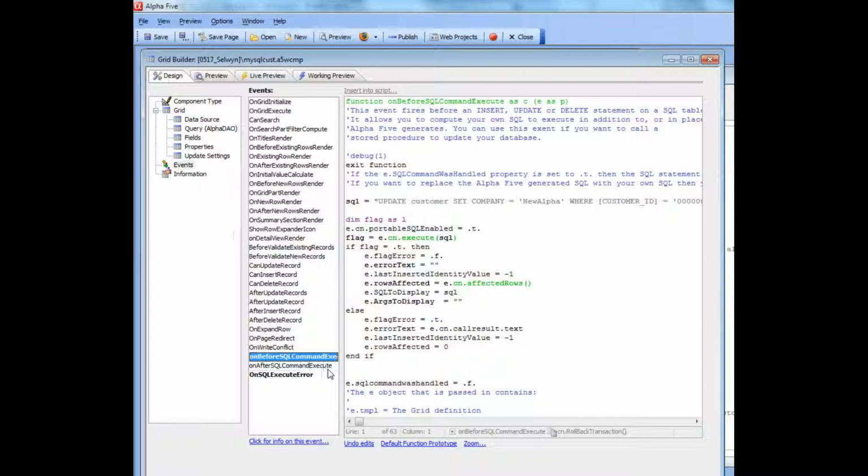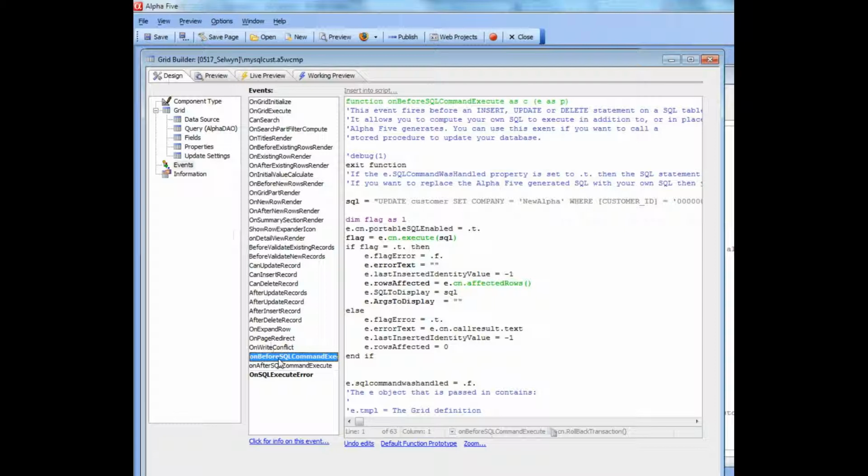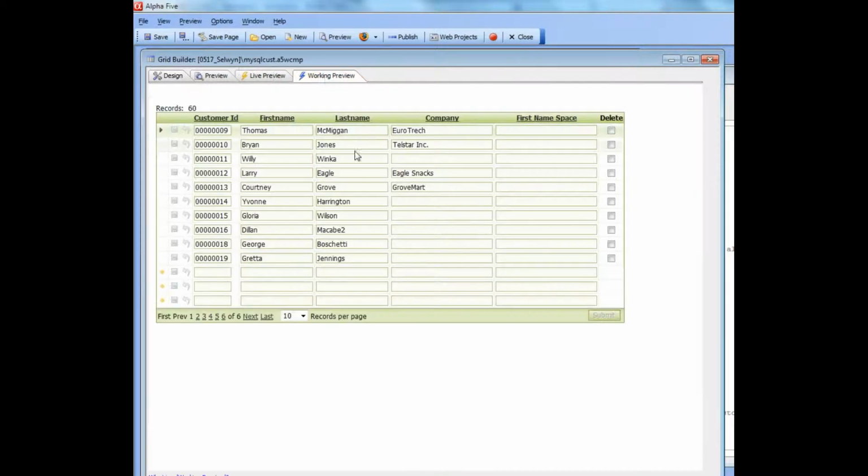So let's take a look at an example where we've used the onBeforeSQLCommandExecute command. So first, you can see right now that I've got some code written here, which I'll explain later on, but currently I've just got an exit function. So this event actually doesn't even execute right now. So if we go over there to working preview, and I go here and I change that to, say, Smith,